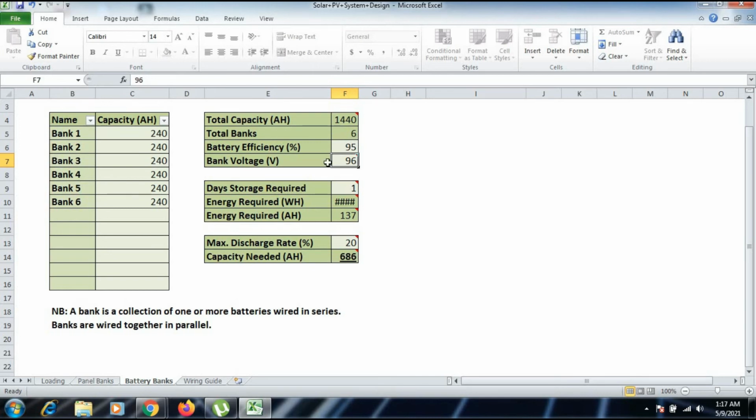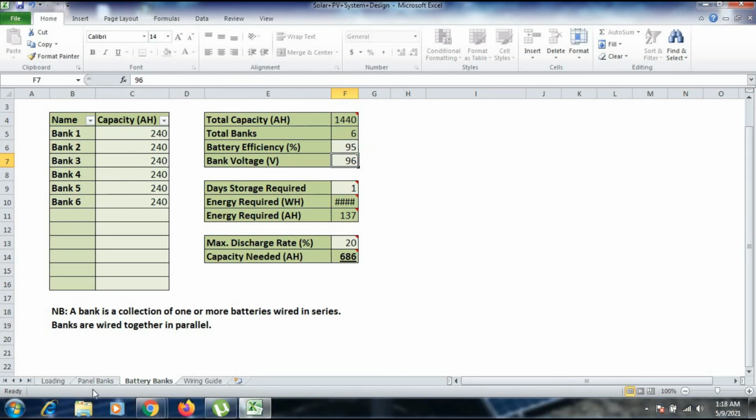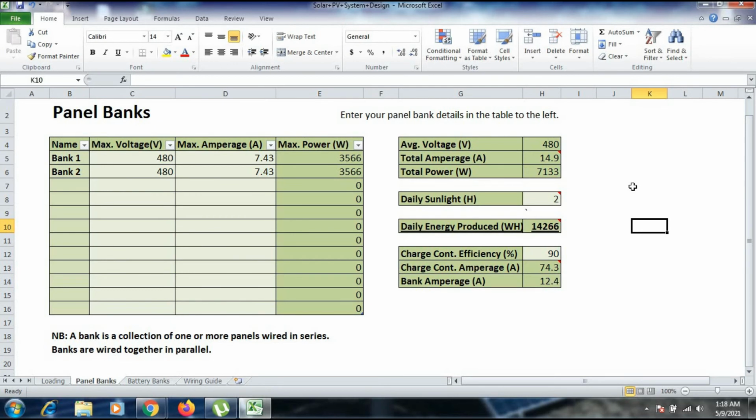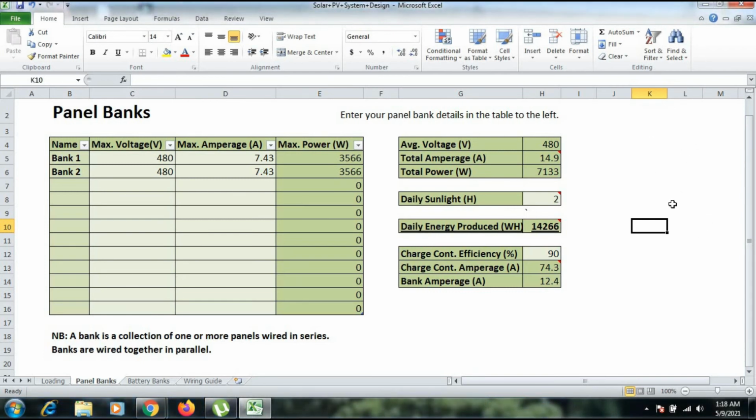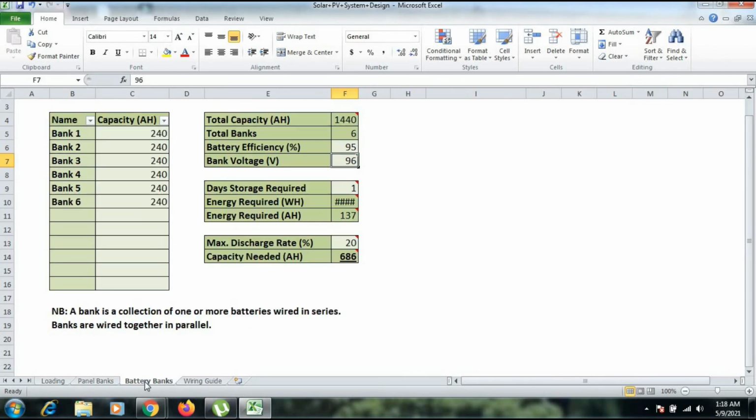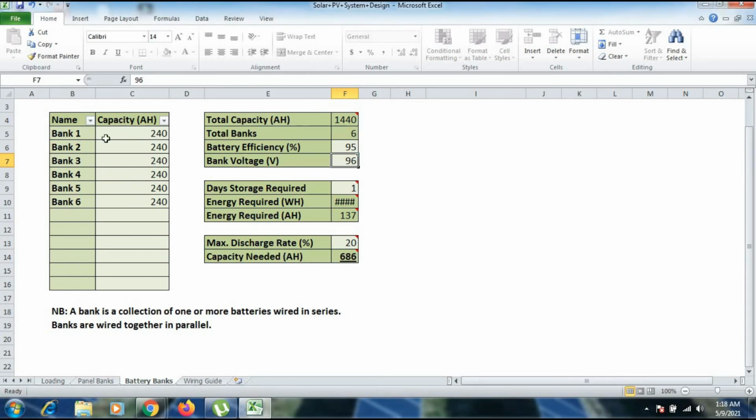When your voltage increases, the current value will decrease, because we have to keep the P constant. Once you increase the voltage, I can decrease the current to keep the same P value. And when you increase the current, I have to decrease the voltage. This is the simple theory. P is equal to VI, that's the basic formula we are using here. So if you are using 96 volts for each bank, then we can remove a few more banks from here.